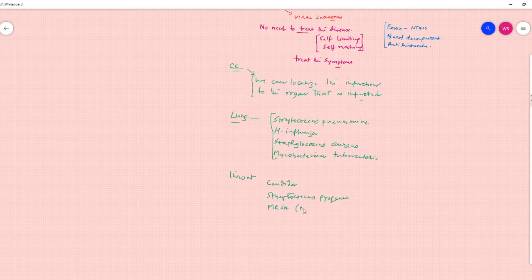What is MRSA? Methicillin-resistant Staphylococcus aureus. Okay, what's the drug of choice for MRSA? Yes, vancomycin. Or it could be viruses. And so, as we said, if it's the kidney or the bladder,